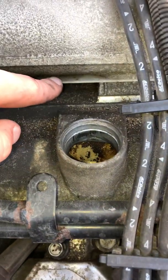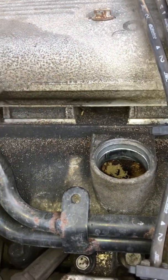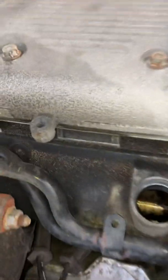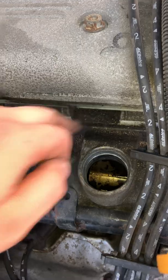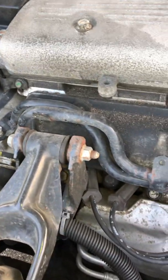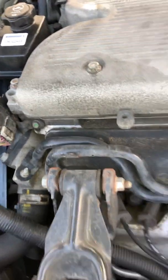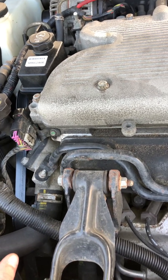So you can see it here. You're going to have a gasket in between your intake manifold and the lower intake manifold. These are the valve cover gaskets that you're going to have in between the valve covers right here and the lower intake manifold. And then you're going to have obviously the head gasket itself, which would have blown. That's so far down in the engine, and it's really hard to tell if you actually have a blown head